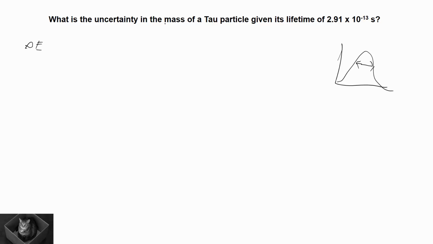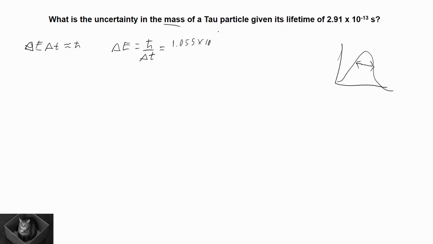Now here we want the uncertainty in mass, but we can relate mass and energy, right? So first we're going to look at the uncertainty in the energy, then we're going to relate that to the mass through E equals mc squared. So uncertainty in energy and uncertainty in time is on the order of h bar. If we rearrange this to solve for uncertainty in energy, it's just h bar over uncertainty in time. And we tend to ignore the fact that the uncertainty can be greater than this. So we just say, okay, this is the minimum uncertainty we could have, when we could always have more uncertainty than this.